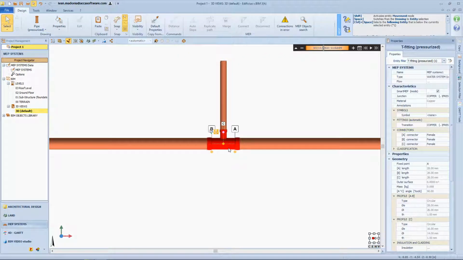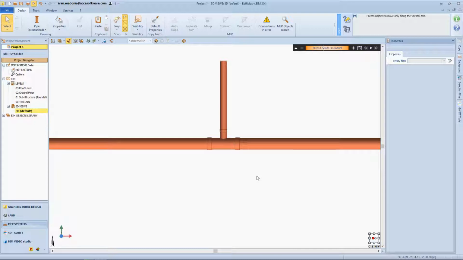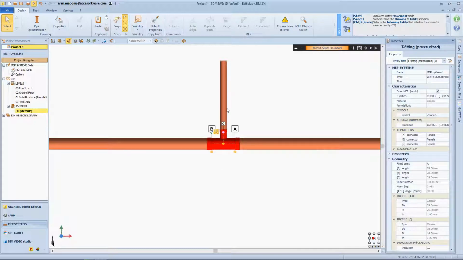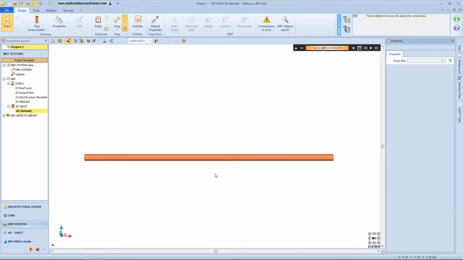The T-fitting created automatically with the Smart M.E.P mode acquires all the common properties of the pipes from which it is generated. In particular, the profile in A and B acquires the dimensions from the main pipe, while the profile in C acquires the dimension of the pipe that engages on the main one and can have smaller dimensions or even a different shape. In addition, the fitting is also modeled in consideration of the angle between the axes of the two pipes. The T can be automatically generated by the program in two different ways, depending on the context